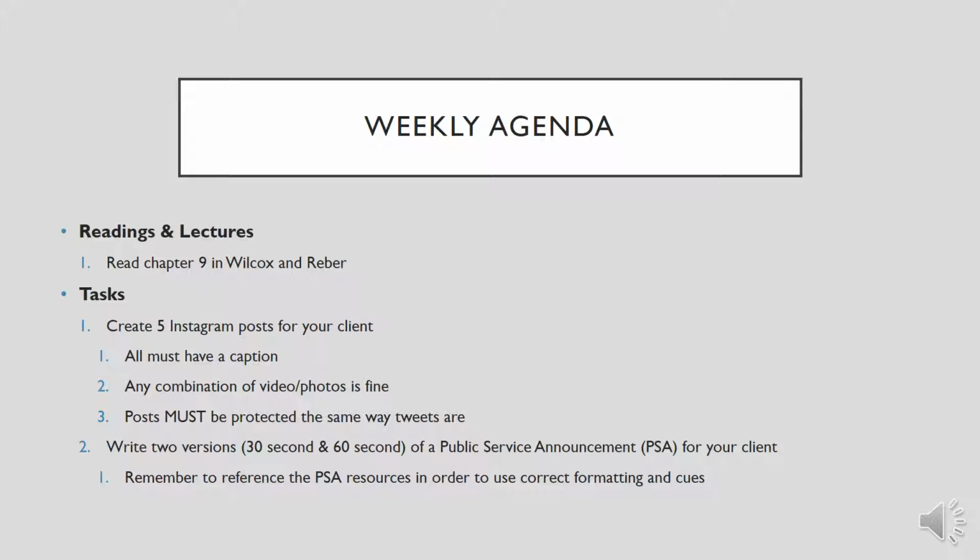You will actually be submitting 2 versions because when we do a PSA or public service announcement, we're submitting often much more than 2 versions. We typically will submit 3 to 5, but for class, I want you to write a 30-second and a 60-second. It is up to you whether you decide to do a radio PSA or a television PSA. I have samples that are on our module this week under PSA resources.